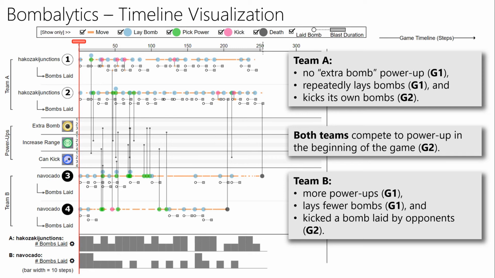We conducted an expert study with 20 participants and asked users to explore the implemented tool. The experts were able to find many competition and collaboration strategies exhibited by agents. For instance, one of the experts mentioned that the 2 agents of Team A seemed to collaborate by behaving differently. One of them plays defensive and tries to survive the game, while the other takes more risks and kills enemies.